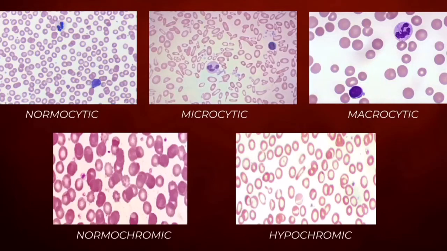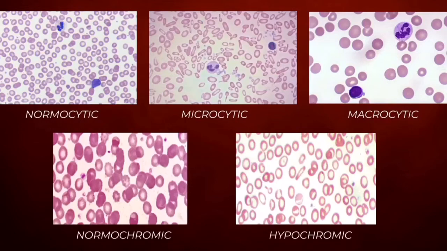The first picture shows the normocytic. The size will be like this one, but there are lots and lots of spaces where there is a lack of RBCs, so that is normocytic anemia. The second picture shows the very thin shape of RBCs. You can see it is not round, it is oval in shape, so that is microcytic anemia. The third picture shows the macrocytic. You can see clearly that the RBCs are enlarged. It's quite pretty, the picture. Next is normochromic. The one below is the color, which is so bright.